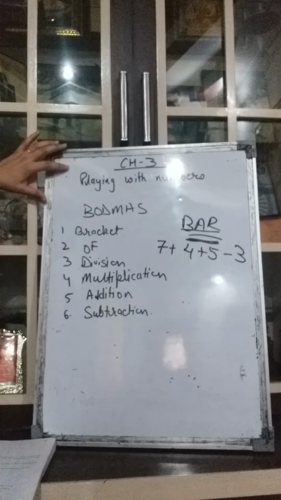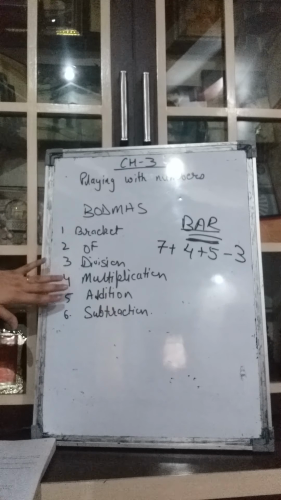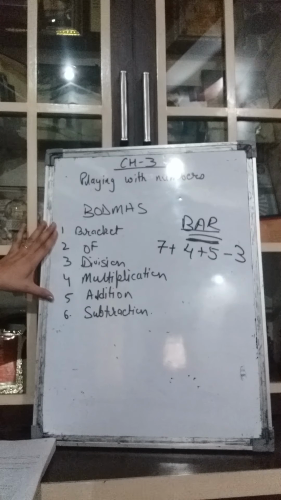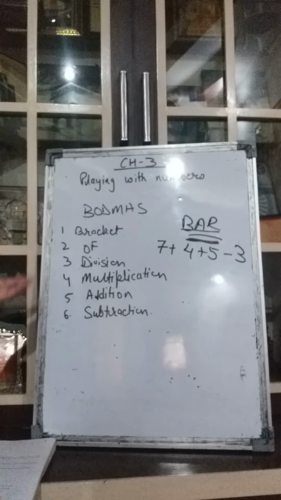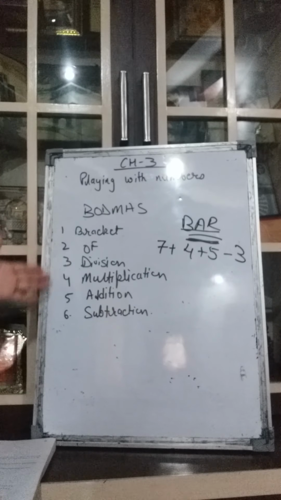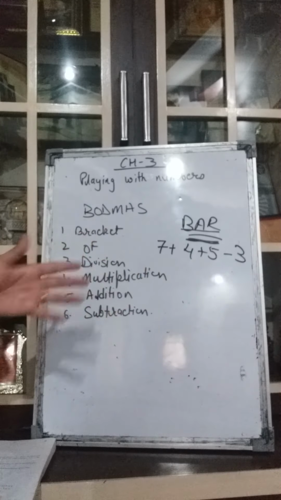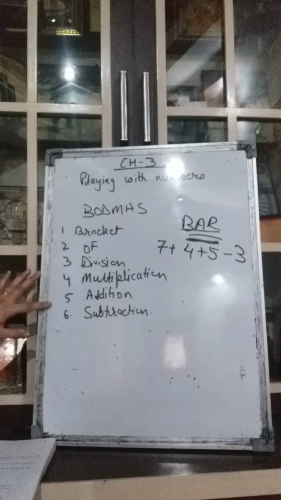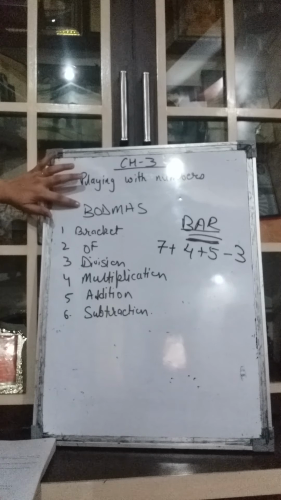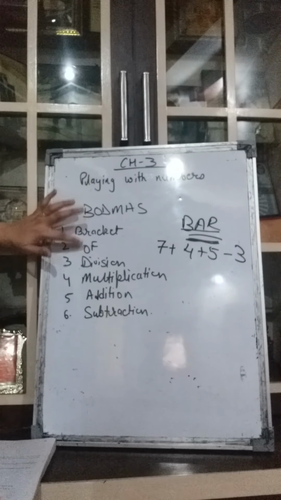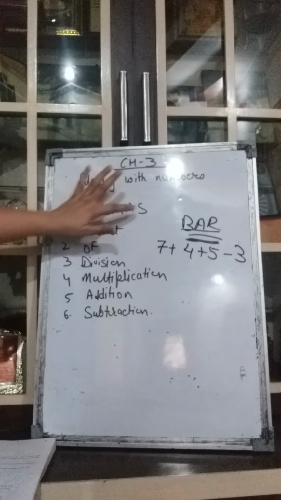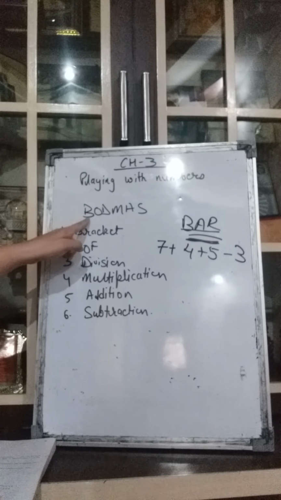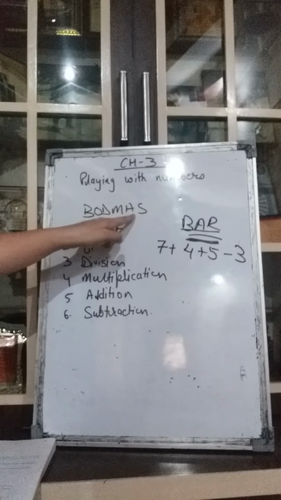So in the first exercise, we will learn how to solve different processes of maths, like division, multiplication, addition, subtraction, if they are given in the same equation. If these different operations are given in the same equation, how to solve them? You know very well that we have to follow the rule of the BODMAS. B stands for bracket, O stands for off, D for division, M for multiplication, A for addition, and S for subtraction. And this is the sequence according to which we have to follow.